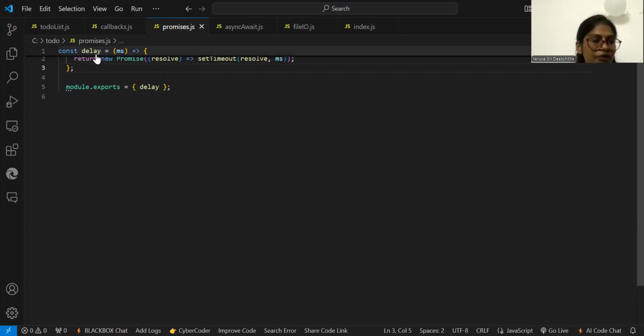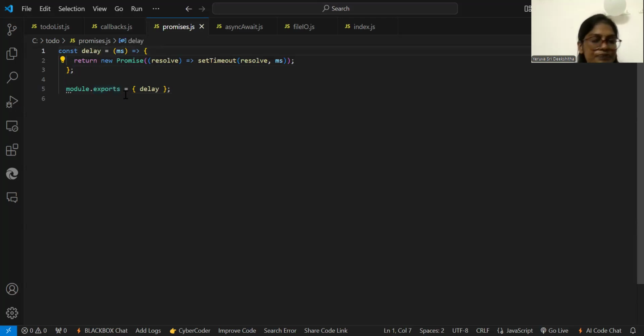Now, let me explain the code. Here we had used the constant delay, which returns a promise that resolves after a given time using the setTimeout. Here ms is the millisecond. Now, in this we will use the dot then method